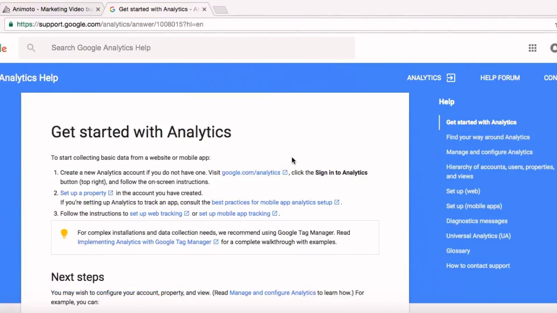Knowing how your audience interacts with your website is crucial to your success. And the best way to know your audience is through your traffic stats. And the best way to get those traffic stats is via Google Analytics, which is a completely free tool provided